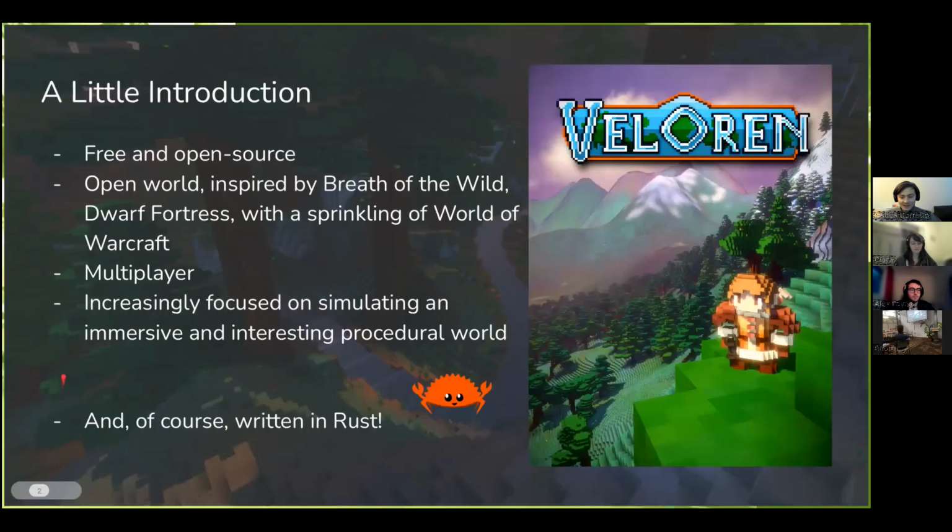So yeah, a little introduction to the project. It's a free and open source game. It's built by its community, so it's very collaborative, even more collaborative than quite a lot of open source things. Quite a lot of software is open source in a superficial way, but it's just worked on by one or two people, whereas Veloren's got a very large developer